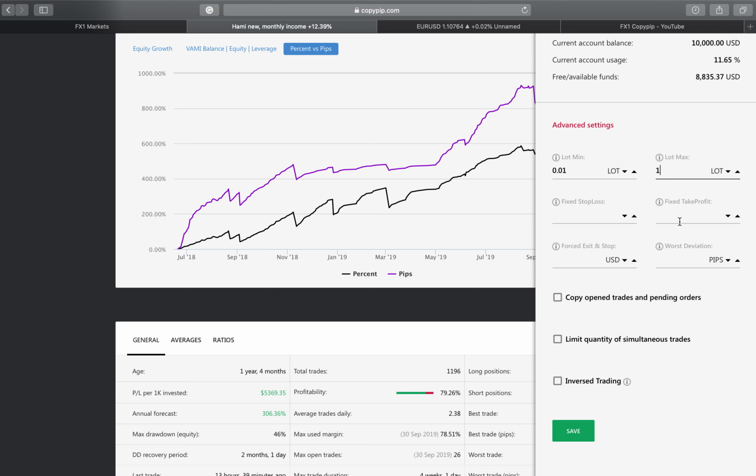Fixed stop loss, fixed take profit. This is when, let's say, your trade is going negative. You can put the number, let's say 100 or any number when it's negative, so this trade will be stopped and you go out of that trade, which I'm not recommending you set, because it might disturb the strategy provider's trade,